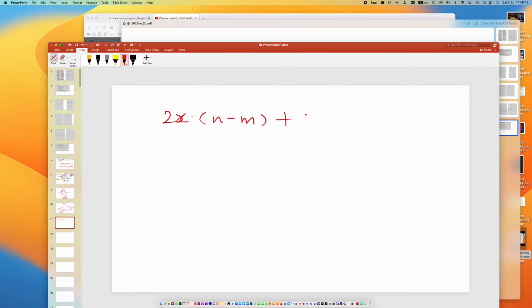plus a, then m minus n. Okay, so what I talked about last time is I asked students, maybe I just make it simpler like 2. Can you see over here is n minus m, over here is m minus n. They are kind of similar but not exactly the same. So what you need to do is you should open the bracket